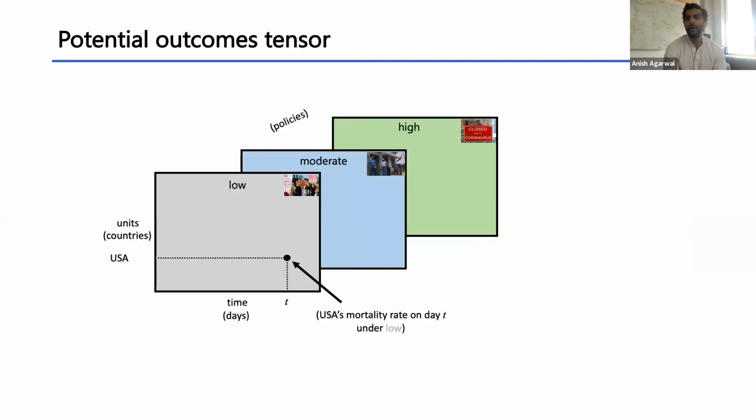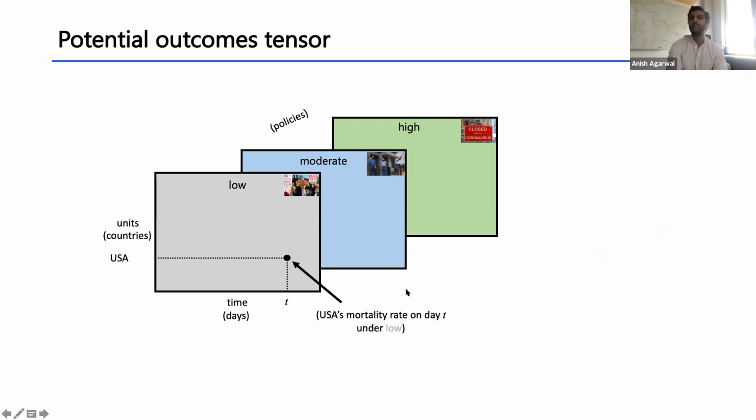Now, one way of representing all the data that we care about is through what we call a potential outcomes tensor. So a tensor is nothing but a higher dimensional matrix. So a matrix can be considered an order 2 tensor, which has rows and columns. And here what we're presenting is an order 3 tensor. So you have rows here representing countries, columns representing time, and the third dimension, which we call slices of this tensor, represent different interventions. So you can see that the arrow here represents the US's mortality rate on day T